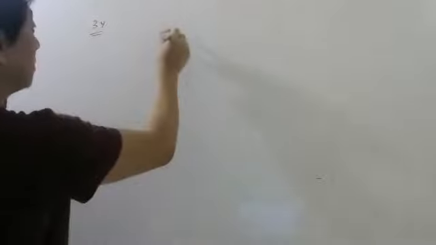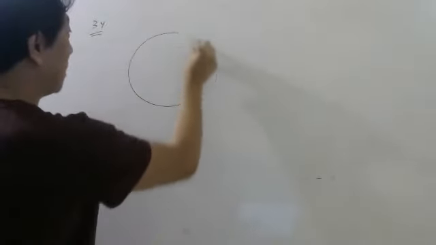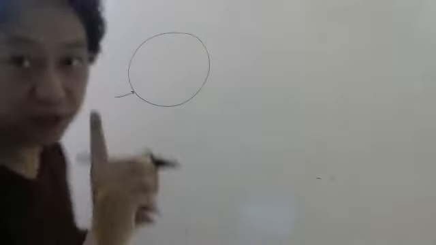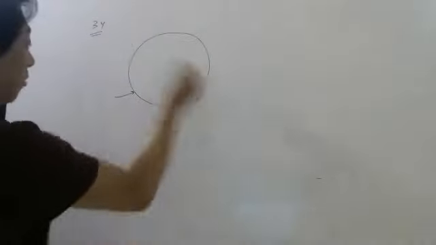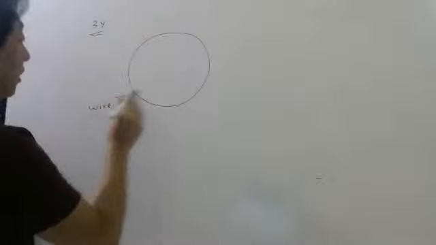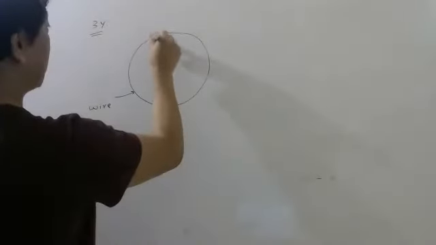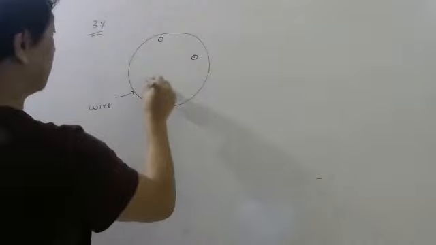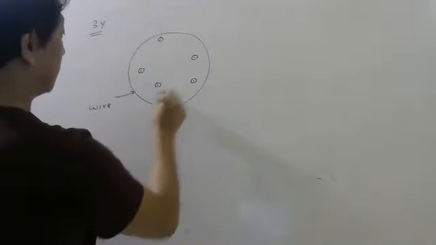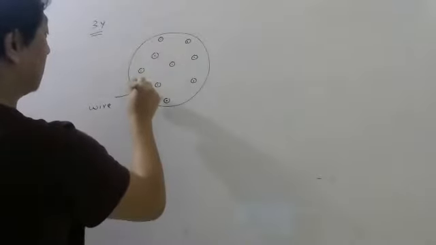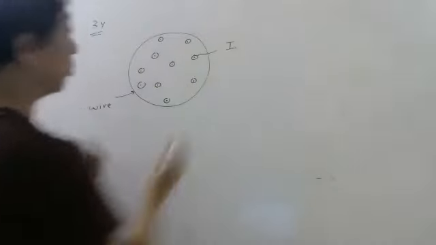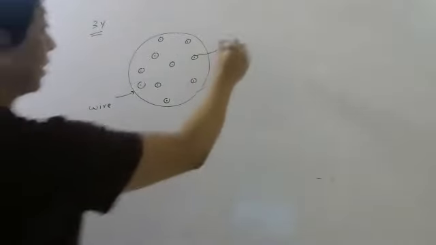So again, students, I will not draw the wire like this, I will draw the wire like this. Okay, so this is your wire. Please understand which is the wire and which is the Amperian loop. You have to distinguish which is the wire. So this is my wire, and the current is coming out like this. Total current is I.